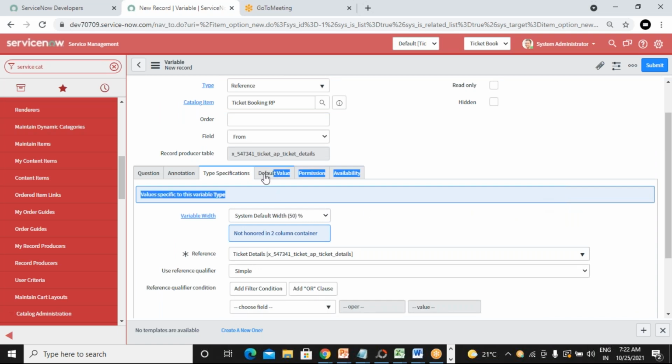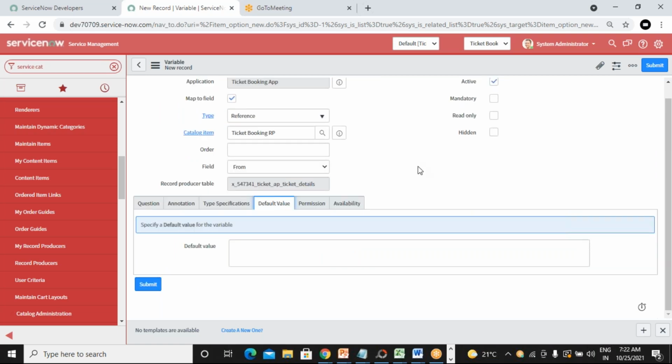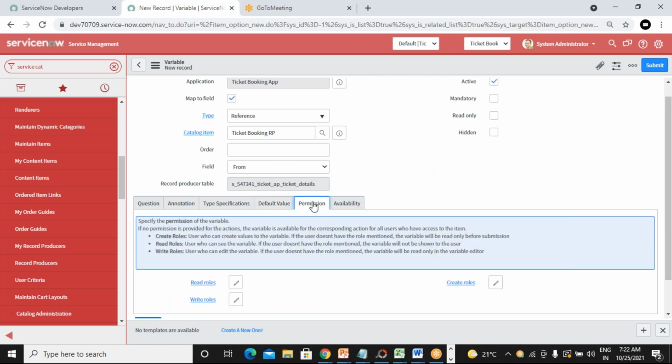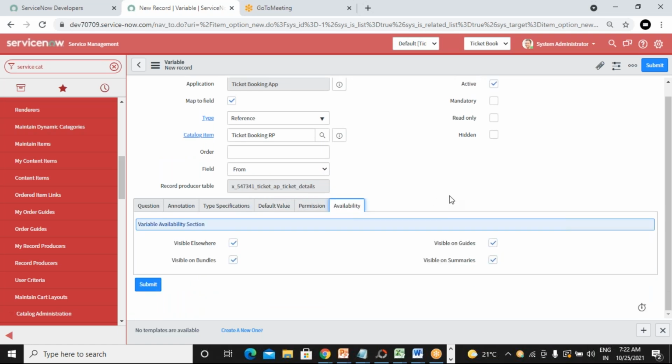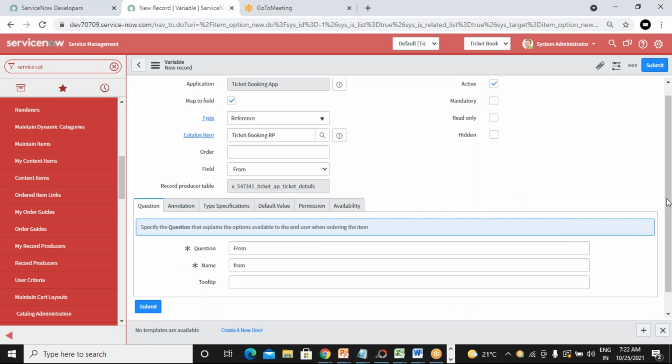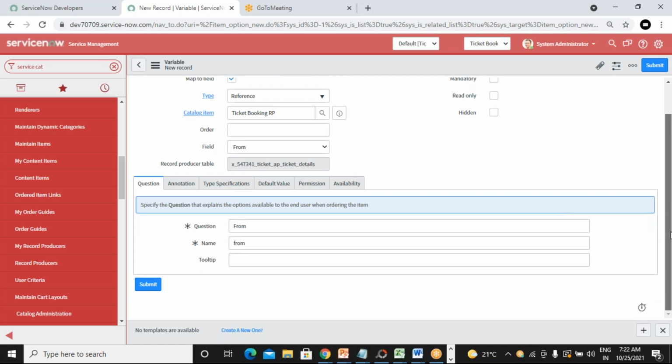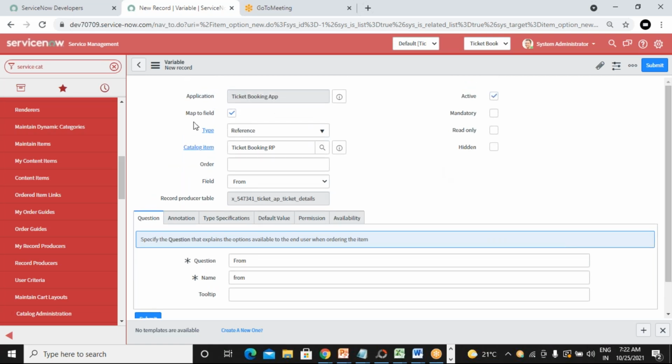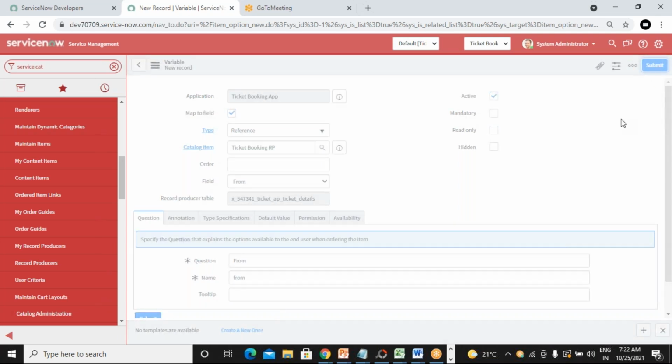If you would like to add some default values, you can add them here. Permissions we have seen, and availability, where you can display this variable. It's very similar to catalog variables. There is not much difference here except this map to field. Once you're done, click on submit. This is how you can create reference variables.